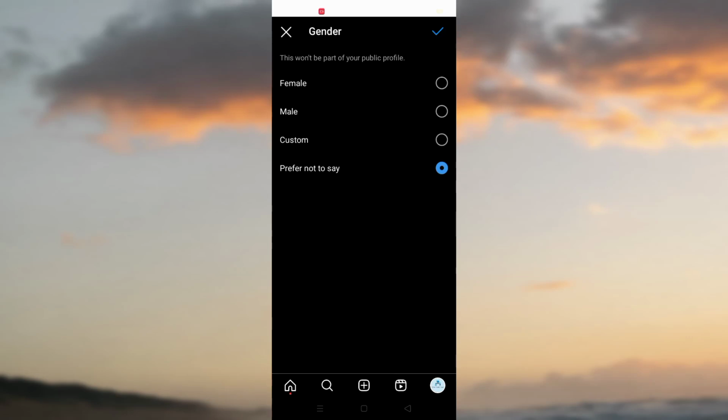Here you can select your gender. Let's suppose my channel gender is here, and I'm gonna switch to male. So click on it and select, and then you can simply